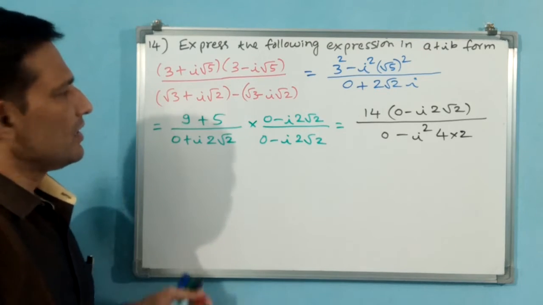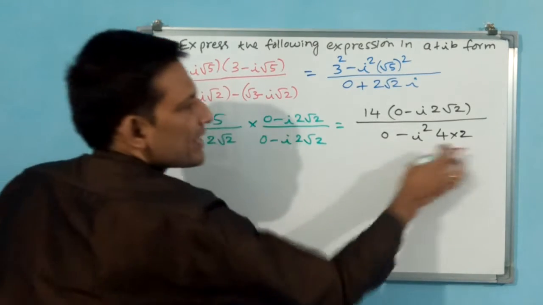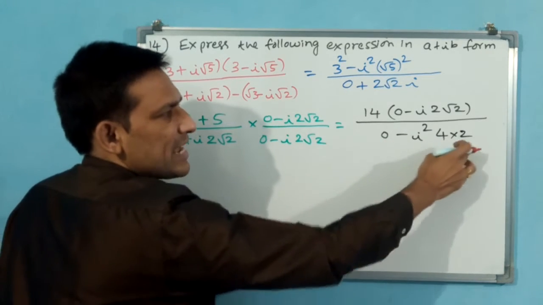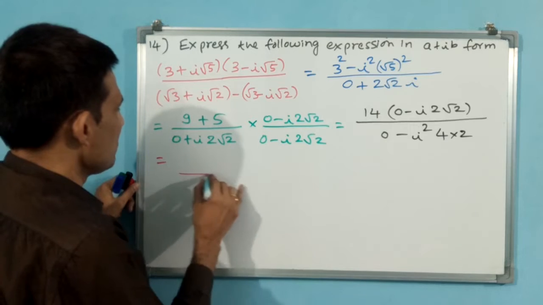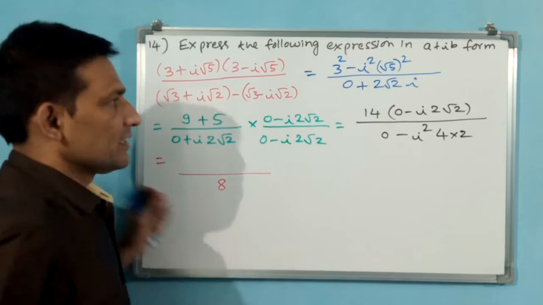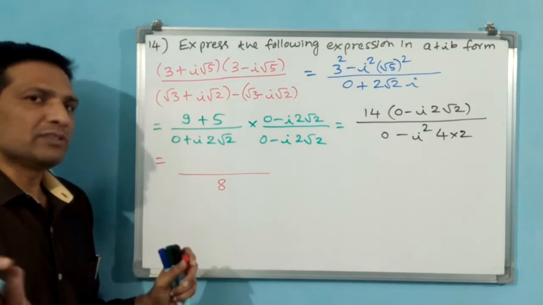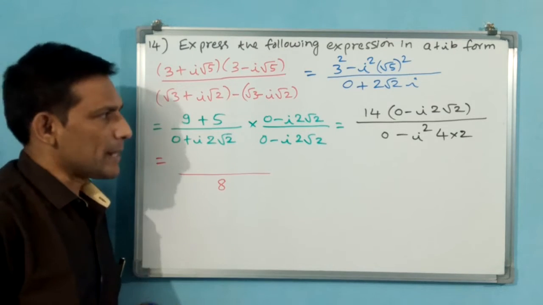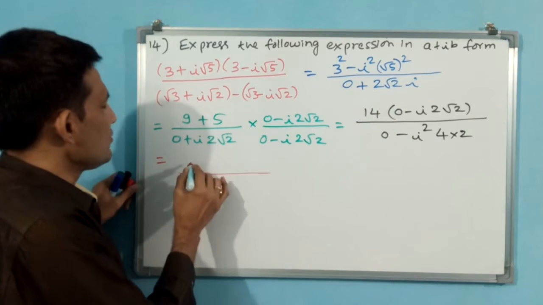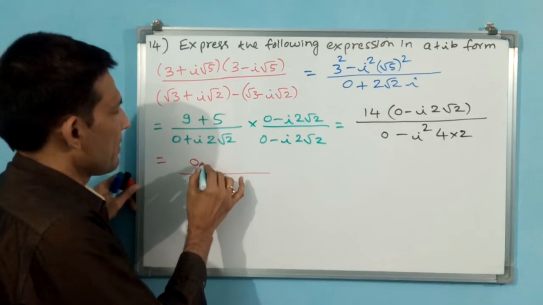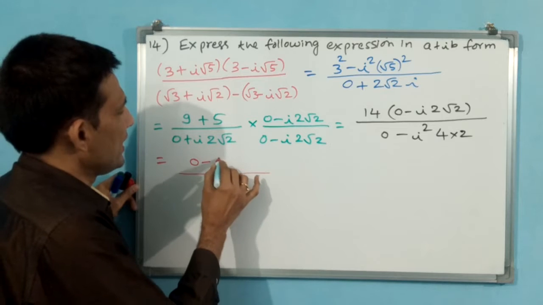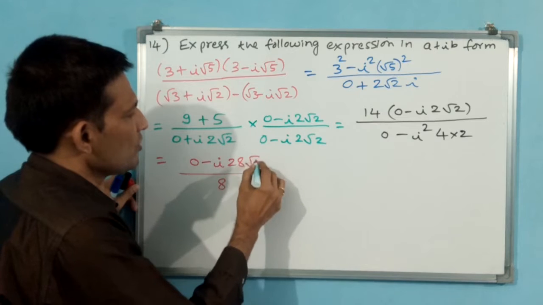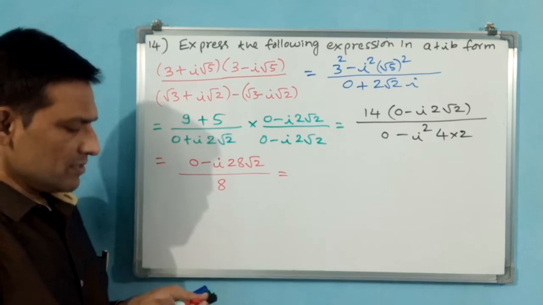Okay. Now numerator, see denominator, now only a real number is going to come. Why? Because i square is minus 1, minus, plus 1 is going to come. Denominator, you write down the plus 1. Numerator, even if a complex number comes, there is no problem. Why? Because in the denominator it should not come. Denominator comes means rationalization again you have to do. Okay, you see 14 into 0 is 0 only. 0 minus i, 14 into 2 is 28, 28 root 2. Okay.